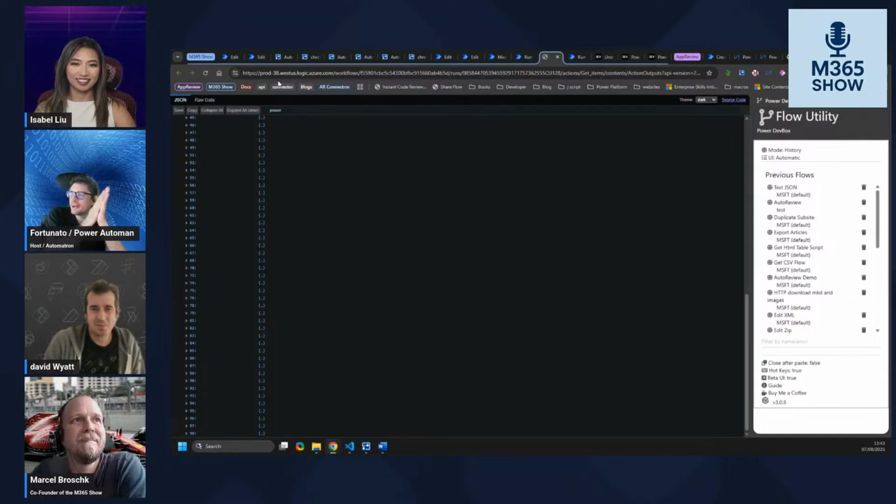Let's move over to best practices and so on. For people who are excited to try those tools, what's the best way to get started, David? What is your opinion? Yeah, all my developer tools are on a site called powerdevbox.com. There's a couple more. Again, every time I do something and it annoys me, I basically create a tool to do it. There's one that creates the exception message in Power Automate, because that's really frustrating. And then there's another tool that allows you to share solutions, because multi-developers can't share connection references and environment variables.